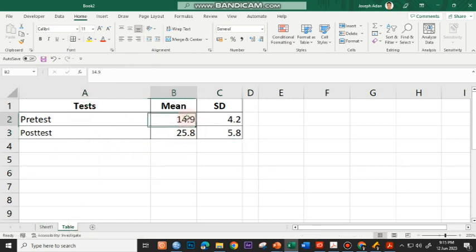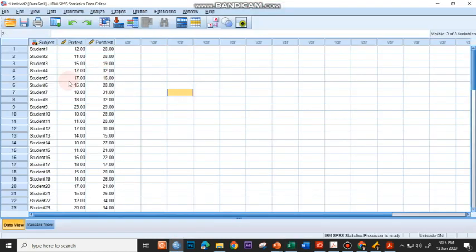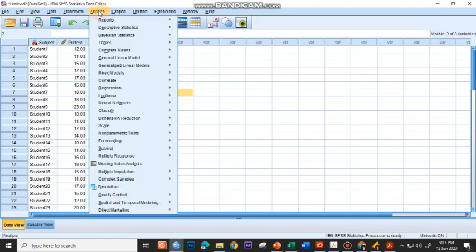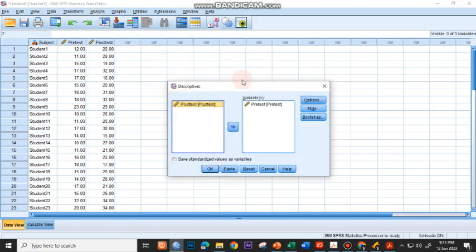So that's for using Microsoft Excel. So if I will be using SPSS, say I have the same data, to compute for the arithmetic mean and standard deviation, I just have to go to Analyze, Descriptive Statistics, and then Descriptives. Initially, my variables are placed at the left panel, so I'll just move the pre-test and post-test here at the right panel, click on options,